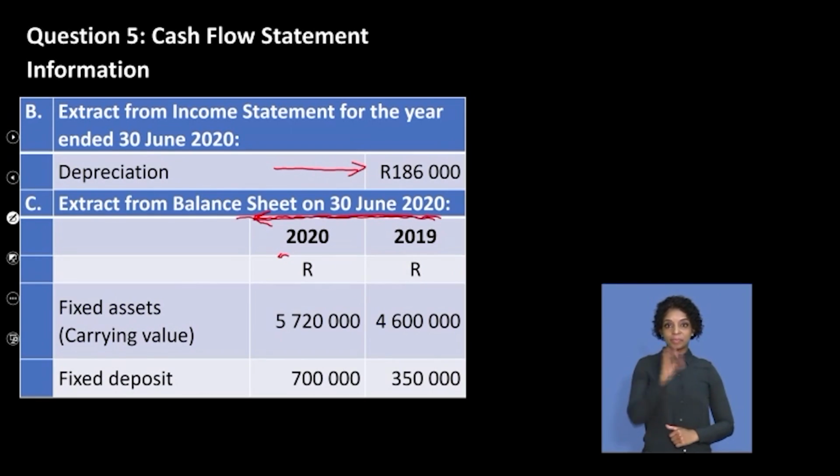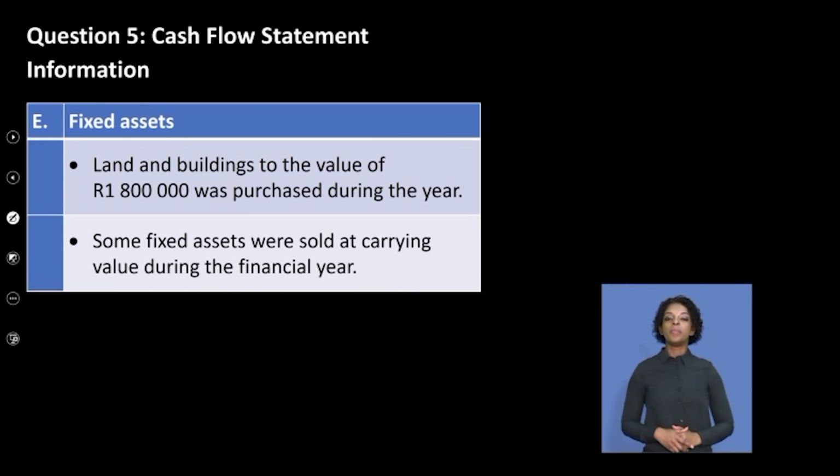So beginning of the year, we've got the end of the year. We're also given a fixed deposit, which we will talk about just now. So what are we going to do now? We are told in the information provided to us that land and buildings to the value of 1,800,000 was purchased during the year. So clearly you can see that they're telling you that you purchased an asset to the value of